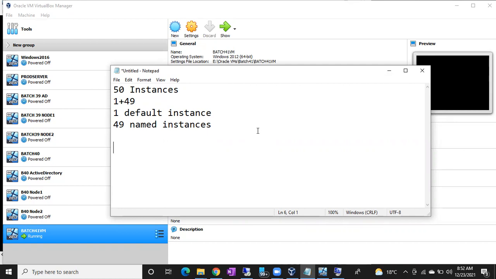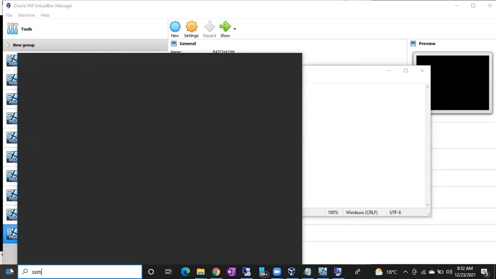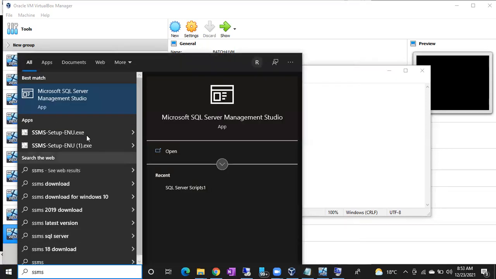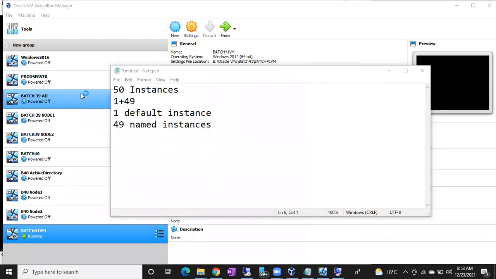Tell me. Sir, I didn't get you, sir. See, for example, as per your view, if I can install a default instance for each version, while connecting to the SQL Server in SSMS, if you give the computer name, which version's instance will it connect to, 2017 version or 2019 version?